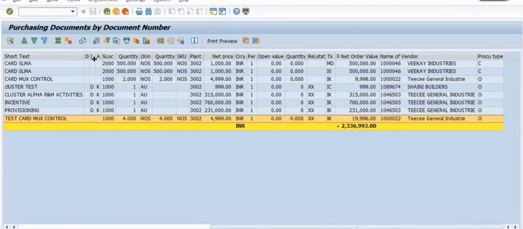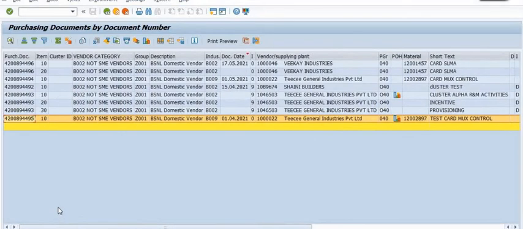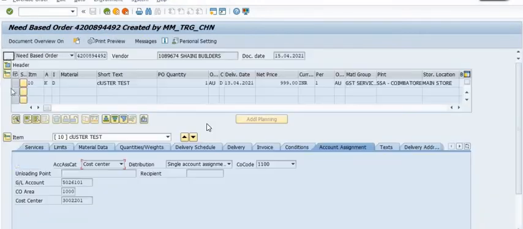See, in our open purchase order report, there are two purchase orders in which item category is D, created for the services. First, I am going to check this purchase order and go in the purchase order history.